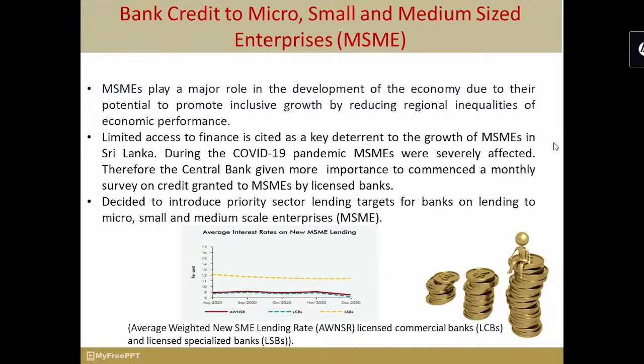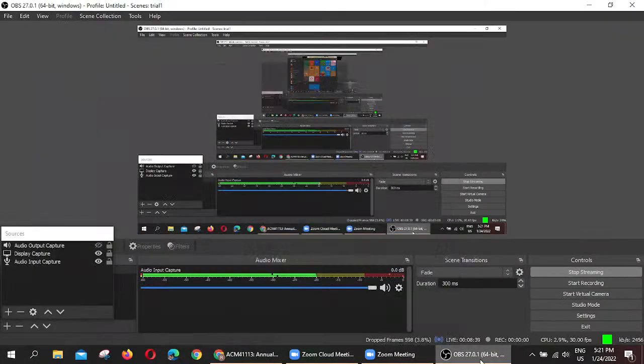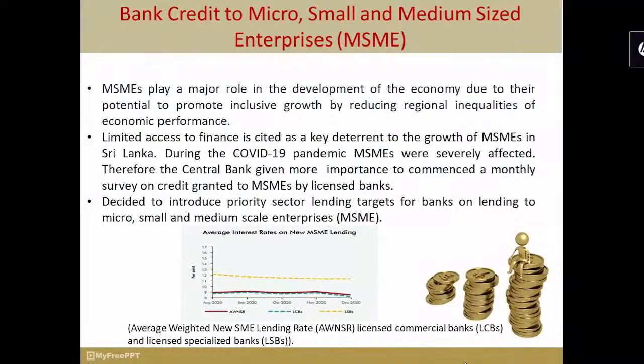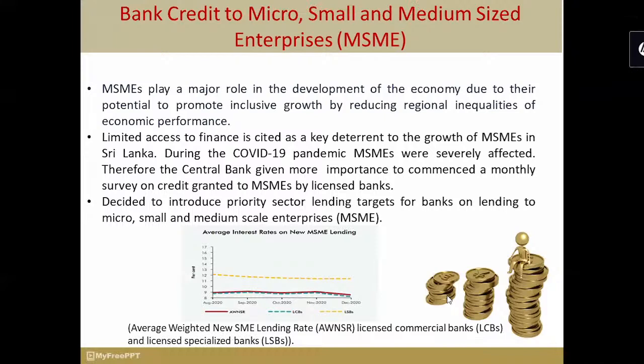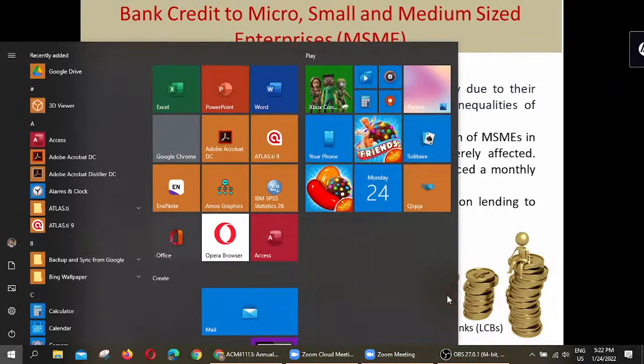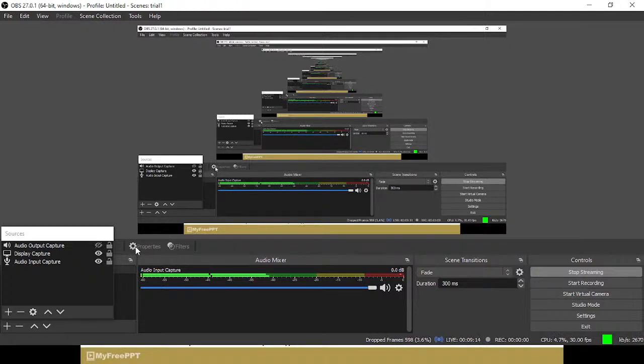According to the Asian Development Bank, the major factors contributing to the decline of the micro, small and medium sector in Sri Lanka are limitations within financial institutions, limitations within market infrastructure, and limitations within the enterprises themselves, for example poor financial literacy, lack of market knowledge and lack of transparency. During the COVID pandemic, micro, small and medium enterprises were severely affected. Therefore, the central bank gave more importance to commencing a monthly survey on credit granted to micro, small and medium enterprises by licensed banks. This graph describes the average new micro, small and medium credit. Based on the graph, the weighted average